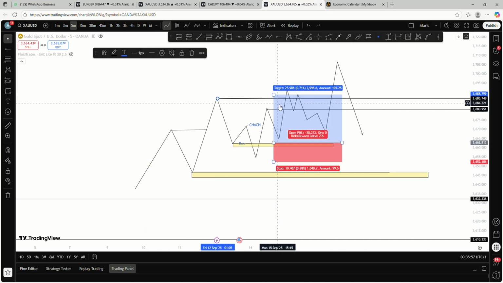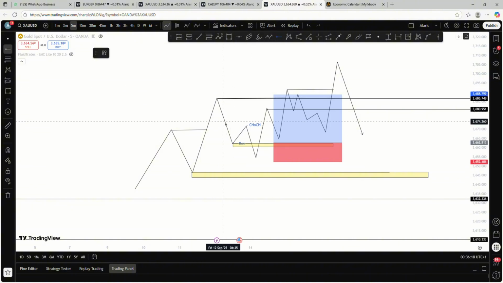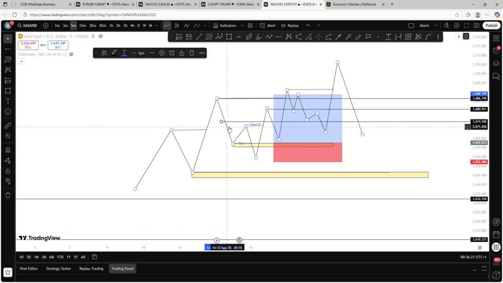Then when it hits this zone, I will wait to see if it will break it the way it broke this zone. Then how do I measure the movement? What I normally do is measure from this part to this part. Then I mark out 50%. Let's assume 50% from here to here is here. Then I measure from here to here and mark out another 50%. When I mark out that other 50%, you're marking from here to here. That is a quarter of this thing. You understand? So you now mark out from here to here.